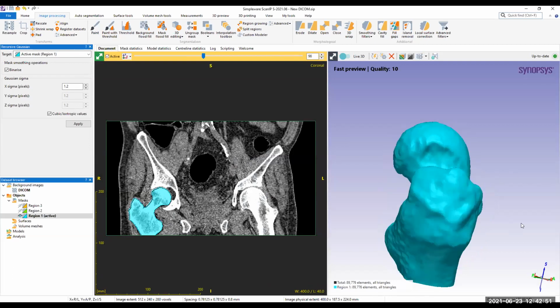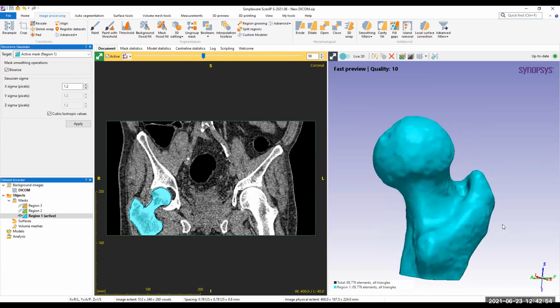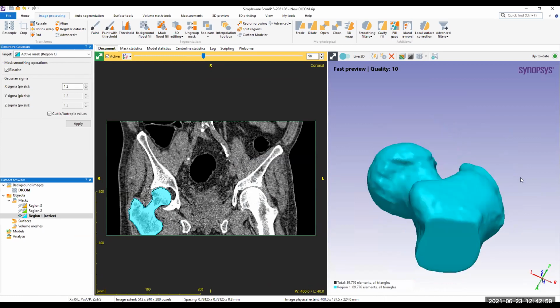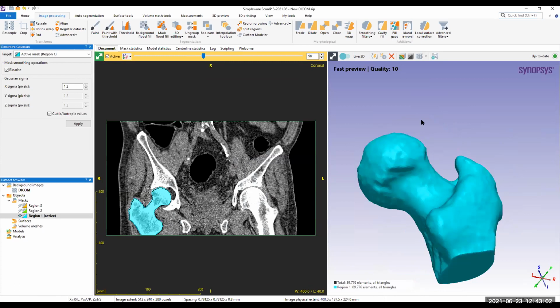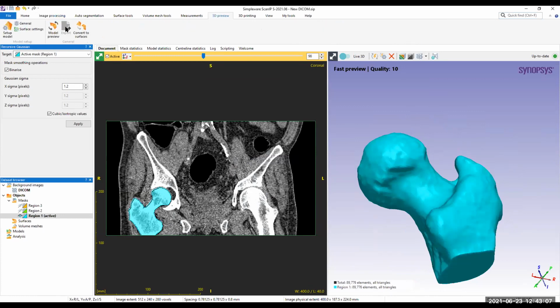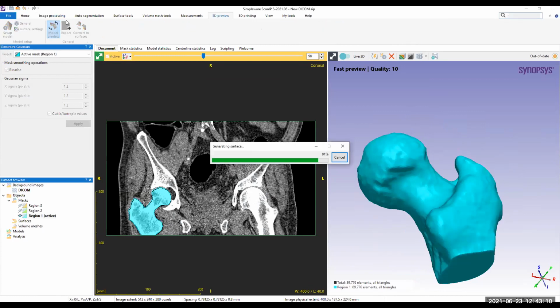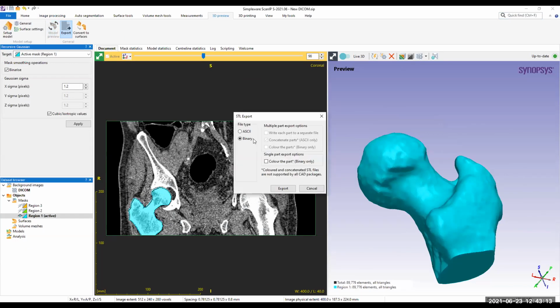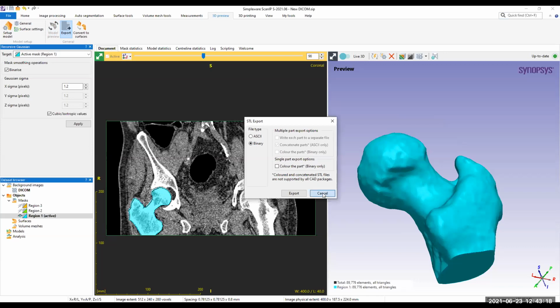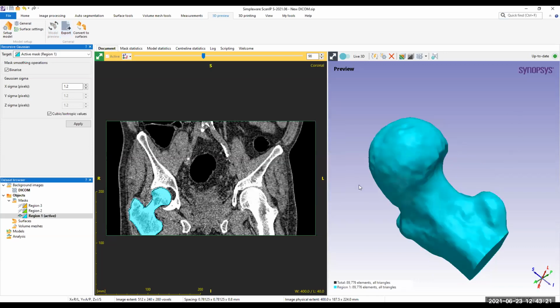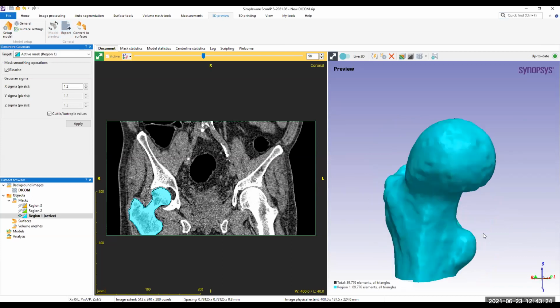So now our next step would be to prepare it for 3D printing. I can do two things here. I can either directly export it in STL. Here I can generate a model preview and export it to STL. So here I have an STL export dialog box. I can directly export it, or I can generate internal lattices in here so that I have more control over the materials that are going to be used and over the structure strength as well.